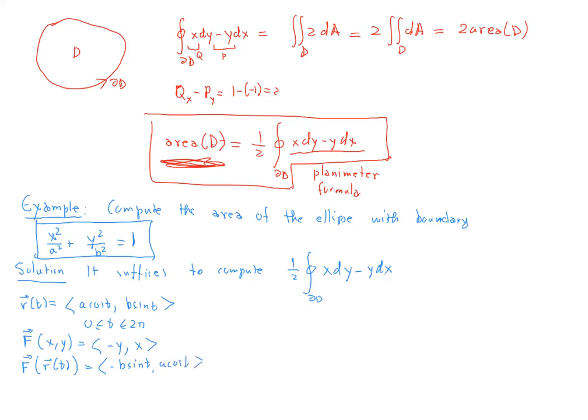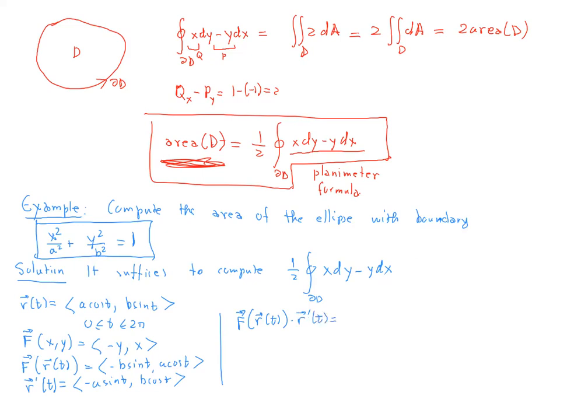And finally, if we take r prime of t, then this is going to be minus a sine t, b cosine t. So eventually, what is the integrand that we want to create here? It's F of r of t dot r prime of t,